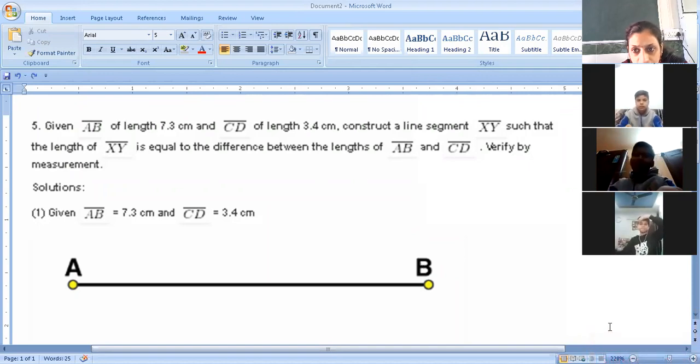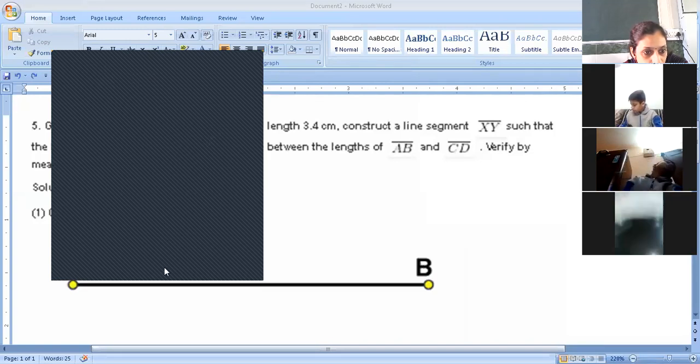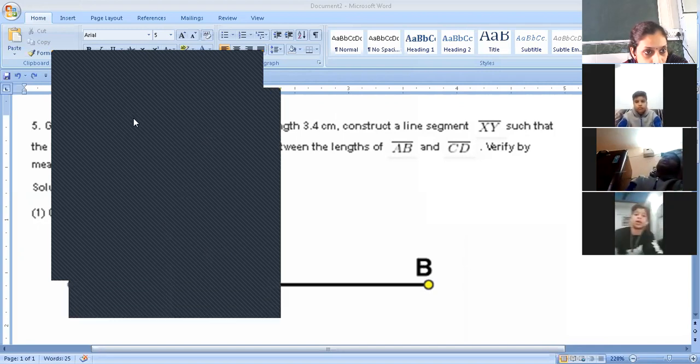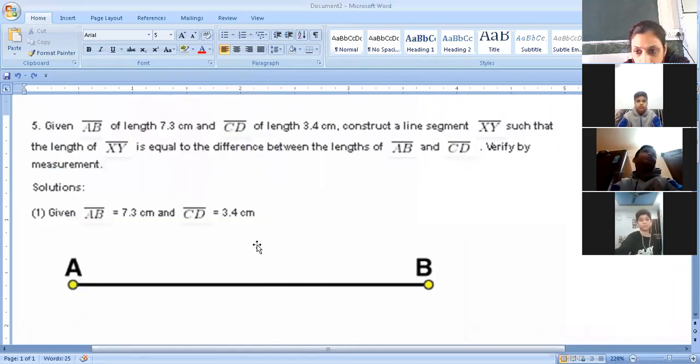Draw AB line 7.3 centimeters. AB is equal to 7.3 centimeters. Draw a line with the help of a ruler.